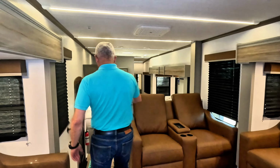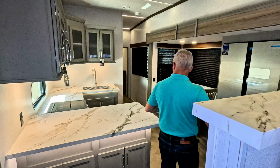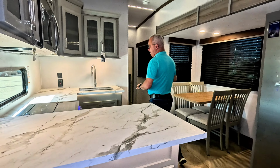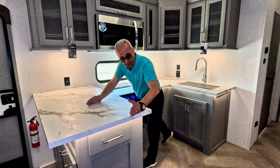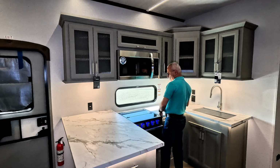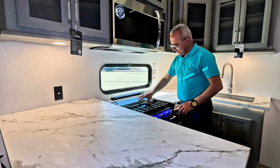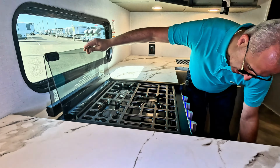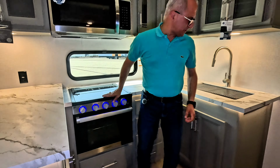Now, walking from here, you have a beautiful kitchen, very roomy. If you tell me there's no counter space, look how big the counter space. A nice prepping area on the right side of the stove, left side of the stove, nice 3-burner range, oven, and then you have a country sink,